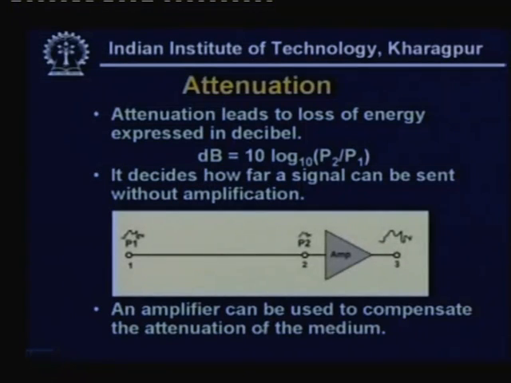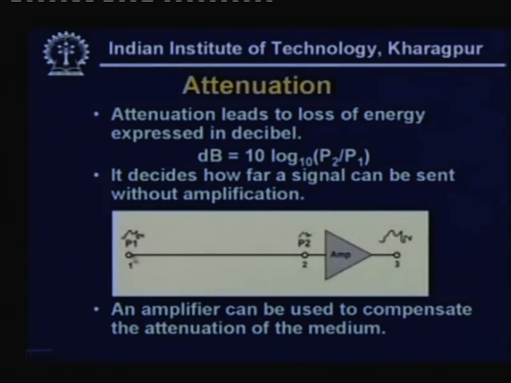And this decides how far the signal can go without amplification. From our basic knowledge, we know that whenever the signal level is low, we can increase the signal level by a technique known as amplification. And whenever we use amplification, obviously the signal level can be raised. As shown in this diagram, for example, this is the point